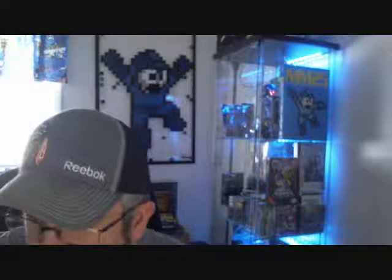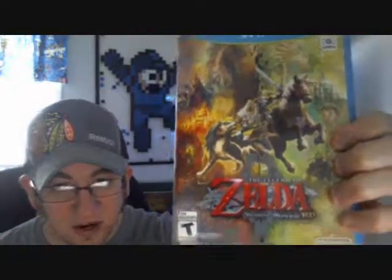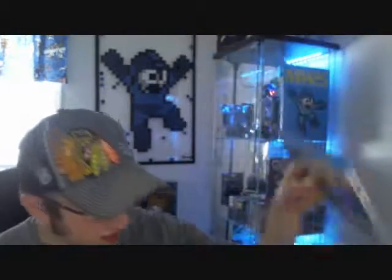And I actually opened it. I know people don't like you opening, oh, it's collectible, but here's the game. It's got a different cover on it than the original Twilight Princess. So the only bad part is I can't play it because I don't have a Wii U. However, my wife has been saving up money to get a Wii U, and